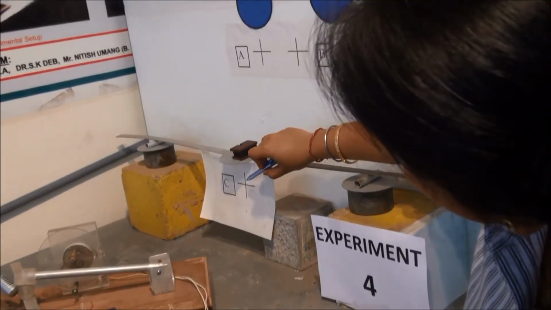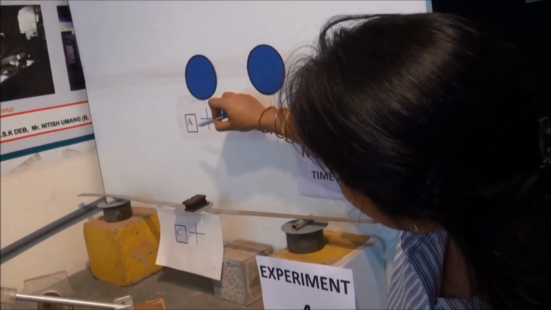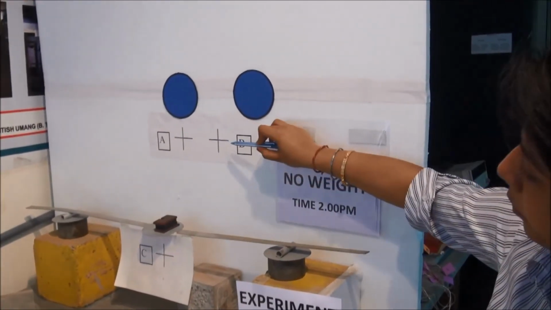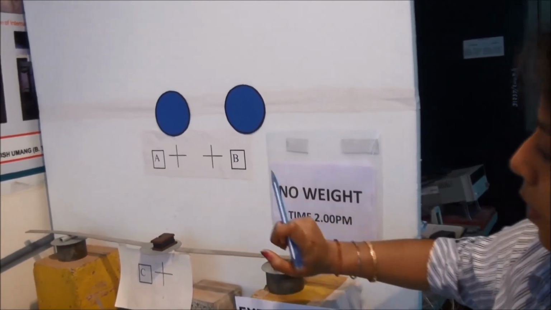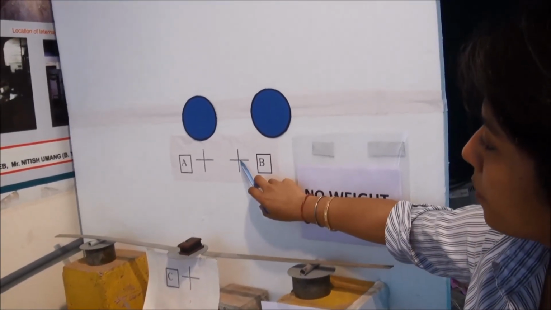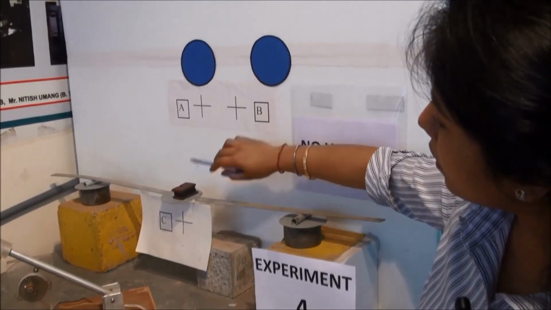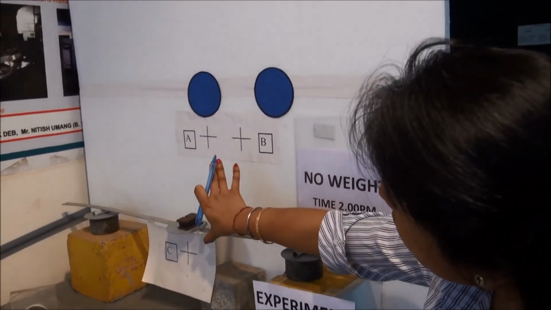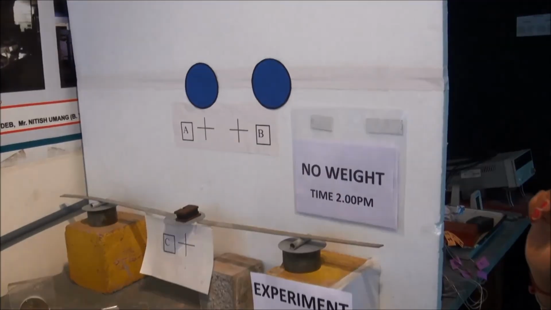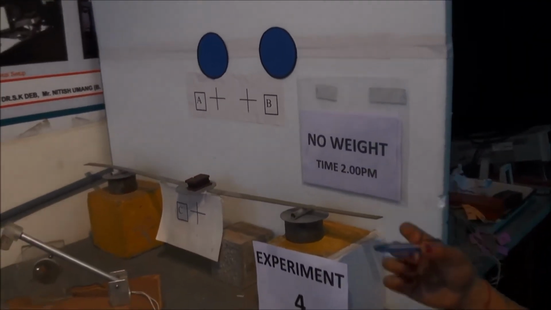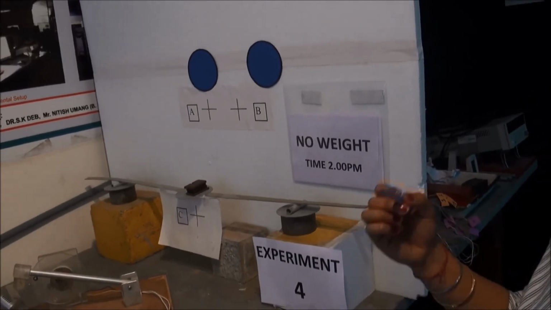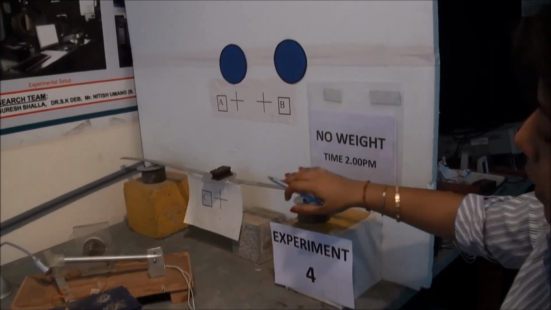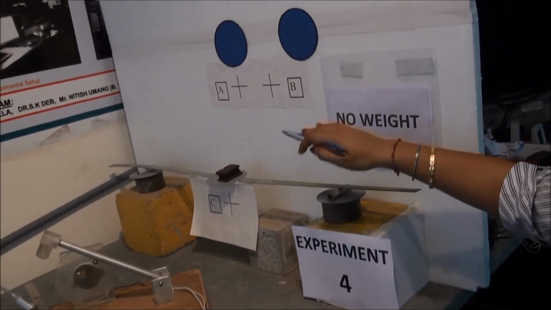we'll draw a normal from C to this line and we'll measure the length of that normal. We know the length of this as a reference and we can relate this length with this known length. So we'll be able to find the whole length of this normal. In this way, we'll repeat this in 4 cases: no weight, first weight, second, third and fourth weight, and we will be able to get the deflection in terms of the length of this normal from point C to line AB.